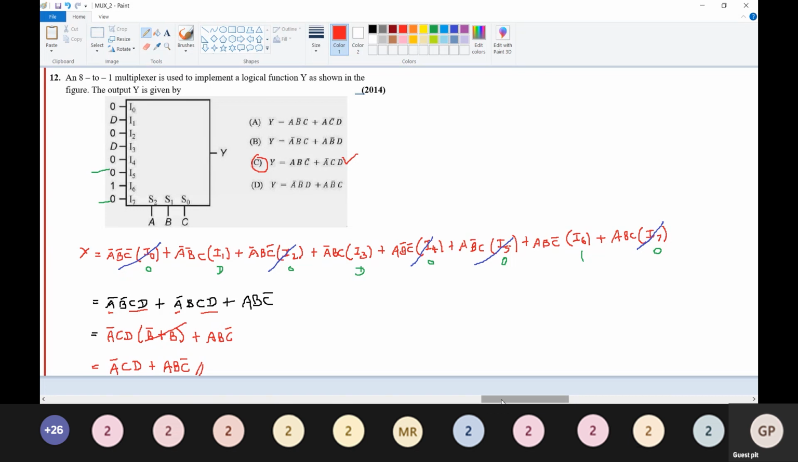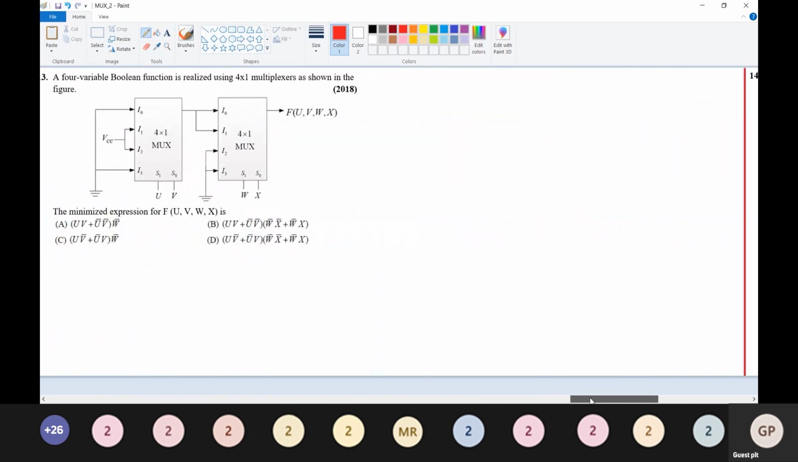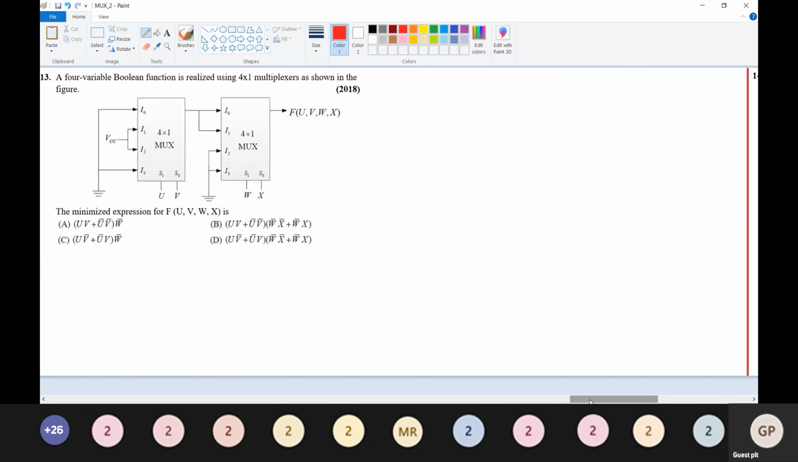Okay, so we'll move to the next question. Here, similarly, we have already solved a similar problem to this. So we'll solve this problem. First we'll write the output expression for a 4:1 multiplexer, which can be written as